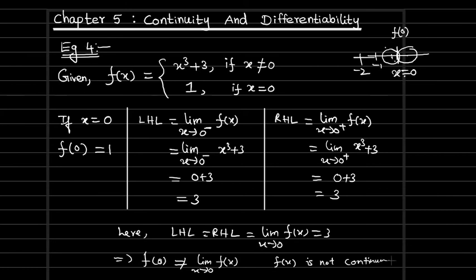And I told you I would also explain the alternate method. See, when we are finding the left hand limit and right hand limit, if we are using the same function, it's not necessary every time to do left hand limit and right hand limit individually. So I am going to do the alternate one, showing them together. So what is the alternate? f of x, the given function, is x cube plus 3 if x is not equal to 0, so we need to use the first function, and 1 if x is exactly 0.